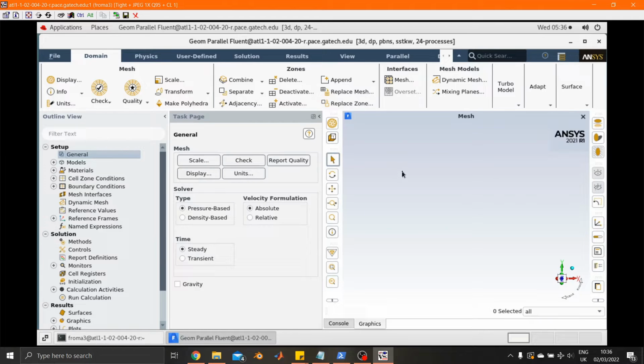Okay, so once we've hit the switch to solution button and we see this screen right here, we can begin setting up the solver. What that means is getting all the settings correct, making sure that it's solving the fluid in the right direction, the right speed, over the right walls, etc. So first thing we want to do is visualize our mesh and make sure that the size and everything is